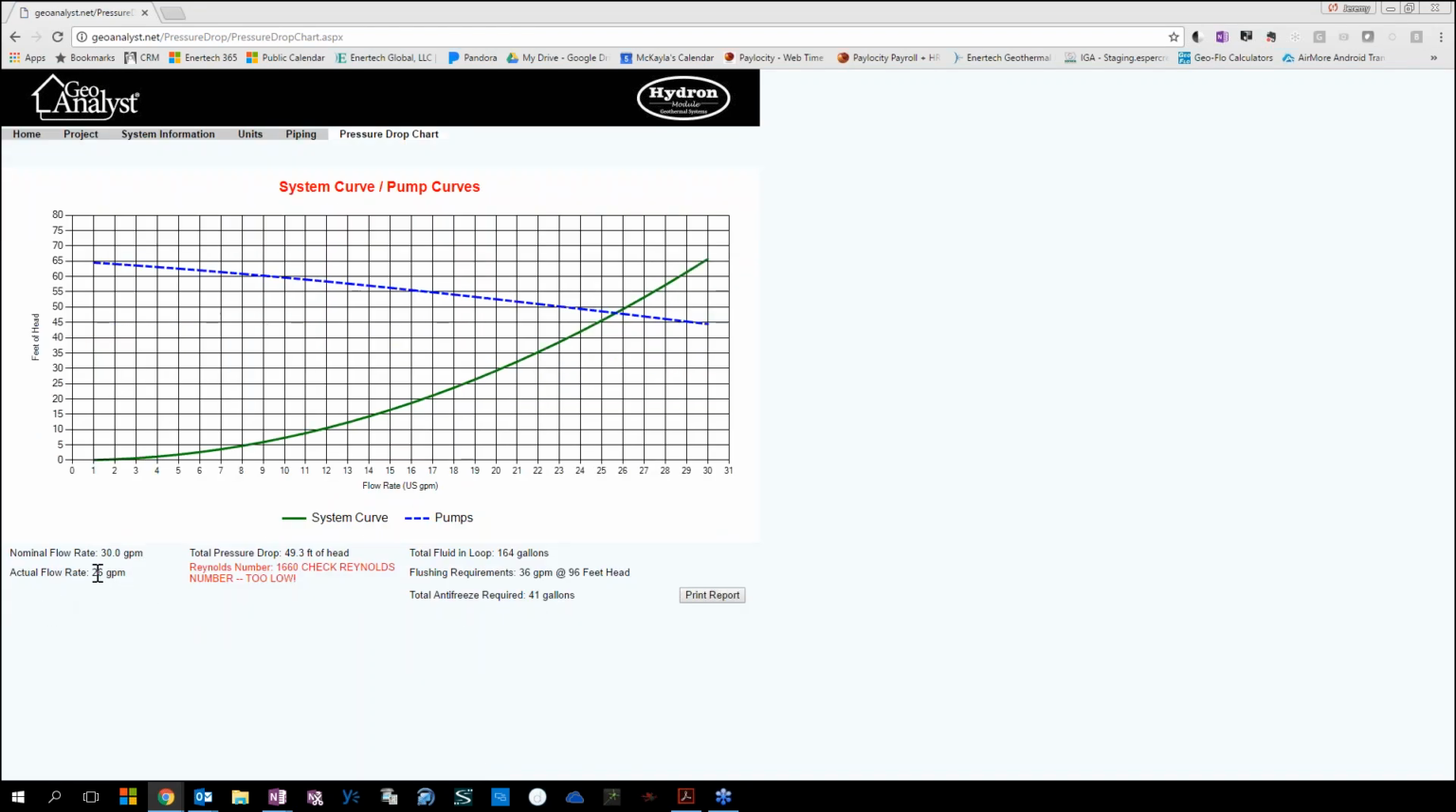Okay, so now we're only getting 26 gallons a minute when our nominal flow rate target is 30, and our Reynolds number is too low. So the 2699s are not an adequate pump selection for this project. You can see that here. We don't meet our nominal flow rate of 30. We're only sitting at 26, and our Reynolds number is well under 2,000 at 1660. You're really rolling the dice, but you still get all the same information, 49.3 feet of head. Total fluid volume in your ground loop is 164 gallons. 41 gallons of antifreeze would give you a 25% blend of propylene glycol. But this pump isn't going to cut the mustard, so we're going to back up to the system info screen,